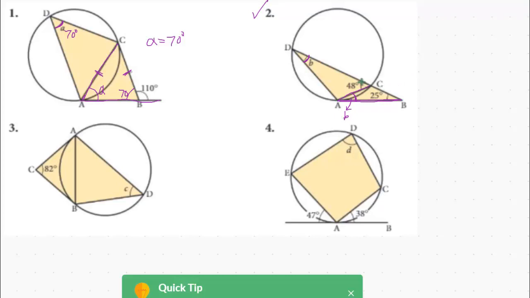and this angle 48 is the exterior angle of this triangle, and you know that the exterior angle, which is 48 here, is equal to the sum of the non-adjacent interior angles, that is 25 plus B. Now by solving this linear equation, the angle B will be 48 minus 25. Therefore, this angle B is 23, and obviously according to the alternate segment theorem, this angle B is also 23 degrees.